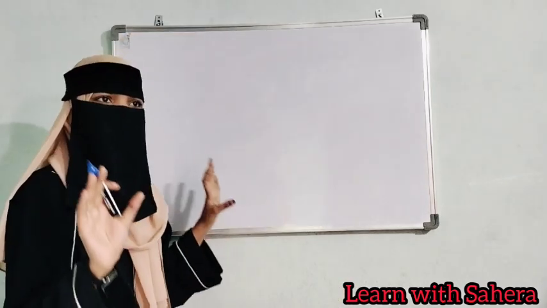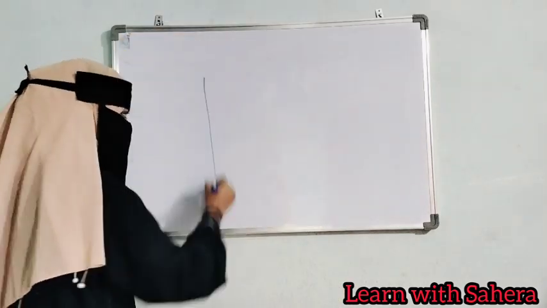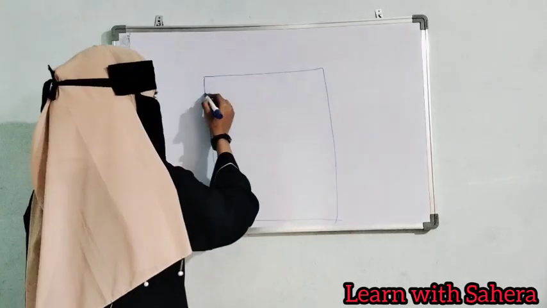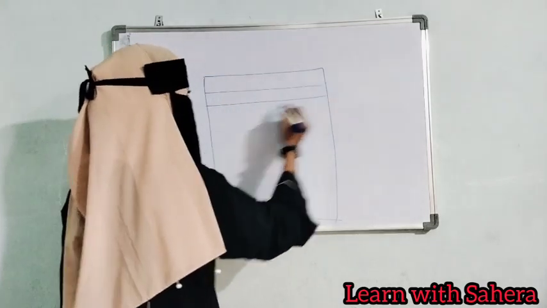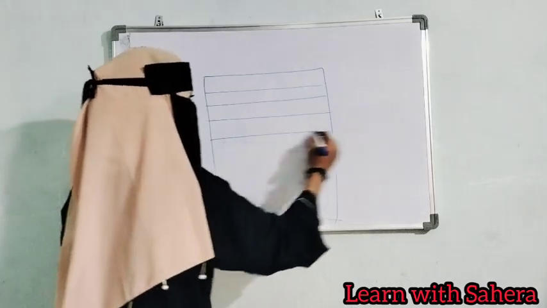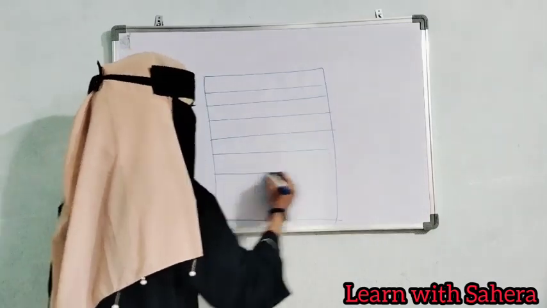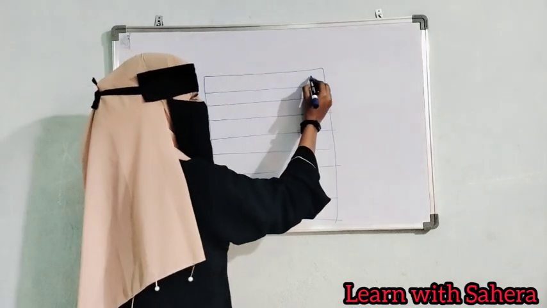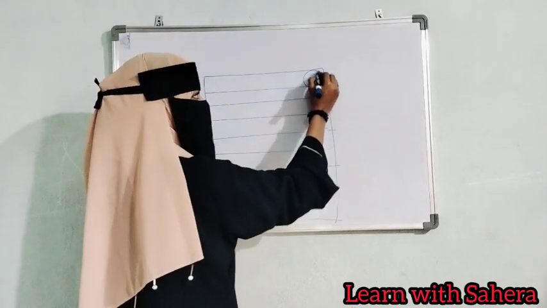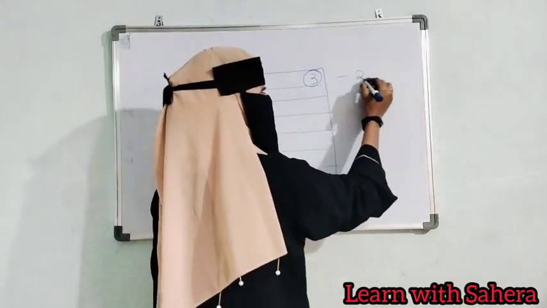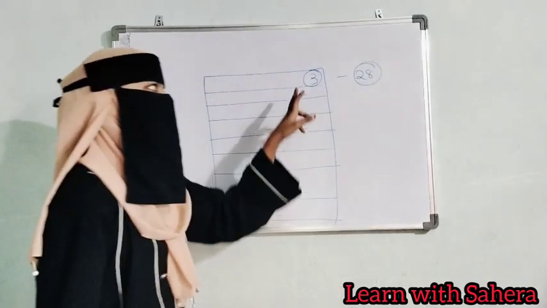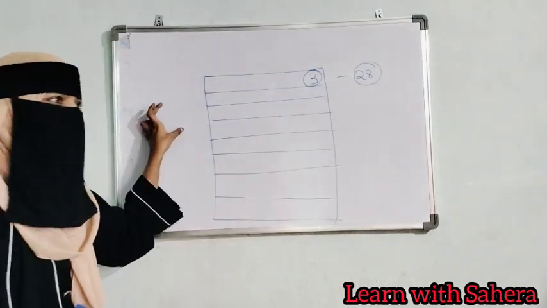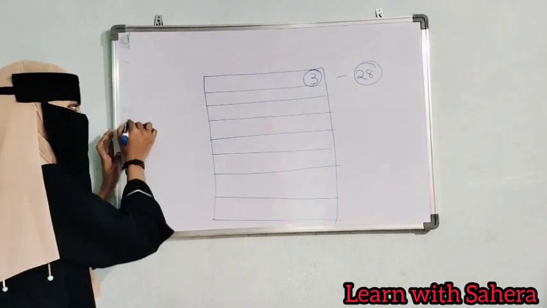So your answer booklet will be like this. It is not a plain sheet, it is a single rule book. Like this you will be having the lines in your answer booklet. Your answer booklet will be starting from number 3, and you will have a total of 28 pages, from 3 to 28 pages. Got my point? First and second pages will be your details.